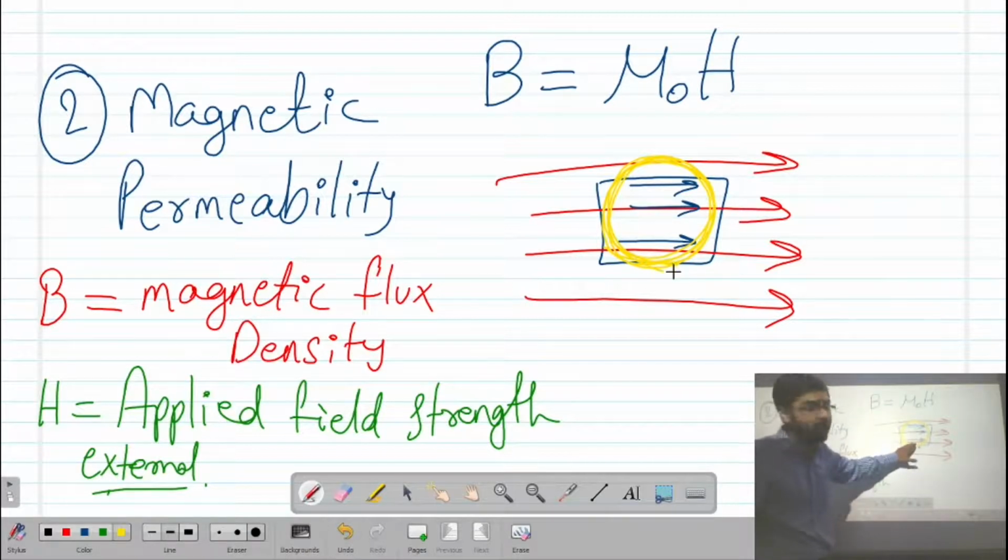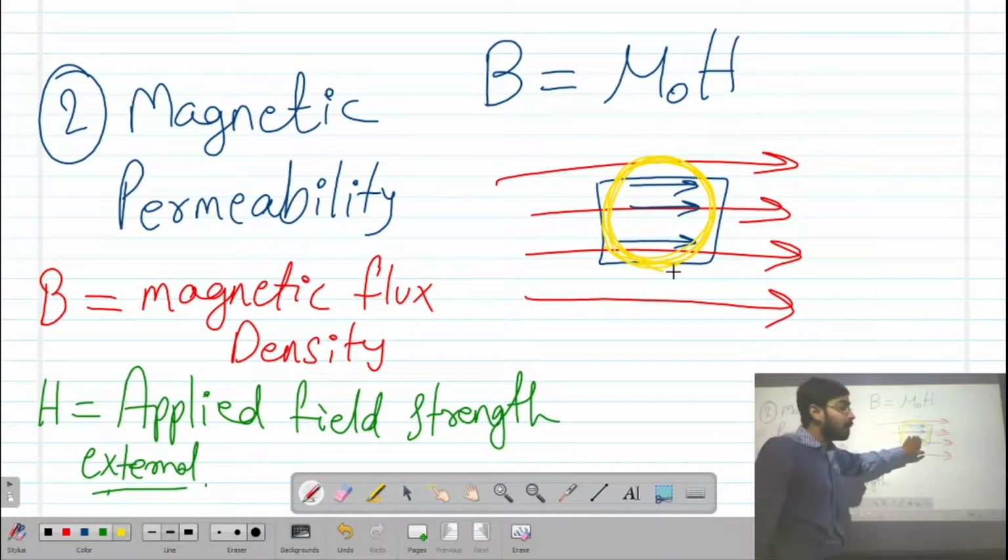Now what is flux density, right? In a very simple language, if we want to understand the flux density, we can talk like that. If the number of these lines induced in the material will be more, then the flux density will be more. If the number of magnetic moment, dipole lines, field lines will be less, then flux density will be less, right? So this is the simplest explanation of magnetic flux density. Density is nothing but the number of flux field lines. If the density is more, the field line is more. If the density is less, field line is less, right?